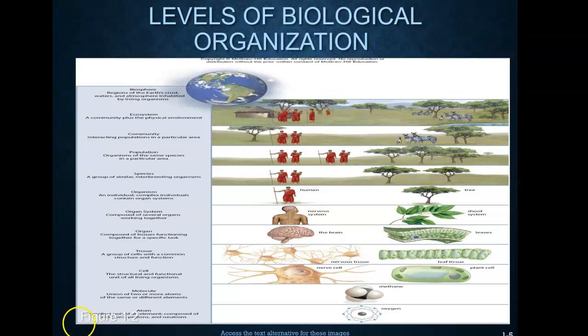The most basic unit is the atom, which is what you see at the very bottom of this screen, and then we move to the molecule. If we take some atoms and put those together, we get a molecule. Several molecules make up a cell, then tissue, then organ system, then finally the organism. When we start grouping organisms of the same type, we have species. Then we go to population, community, ecosystem, and biosphere. We'll talk about each one of those individually.